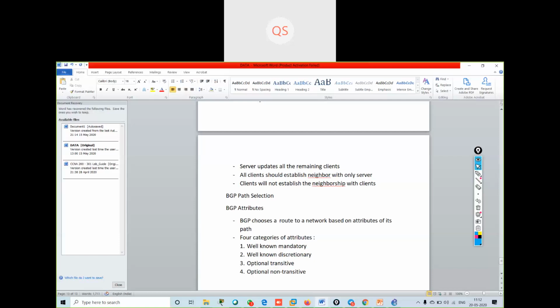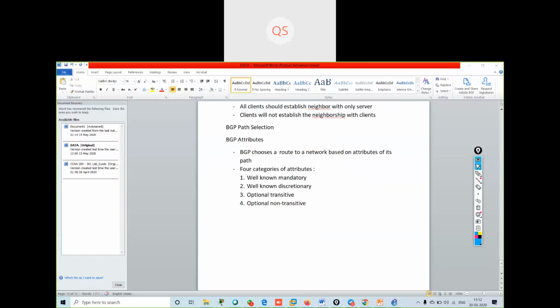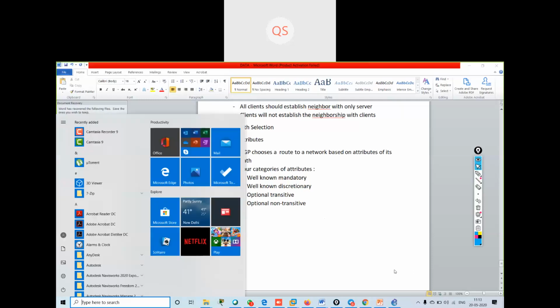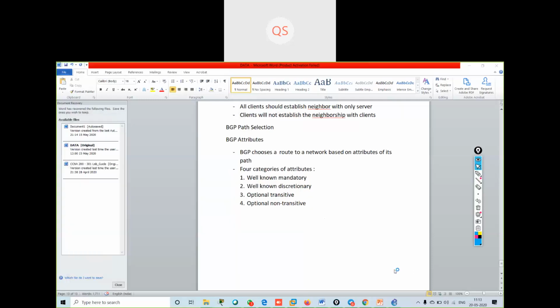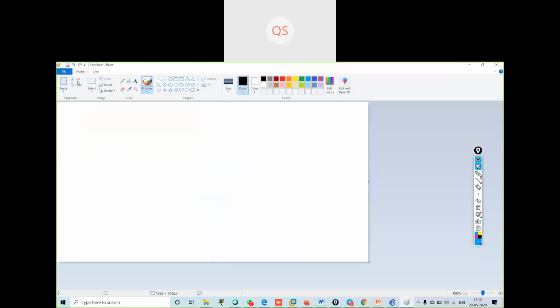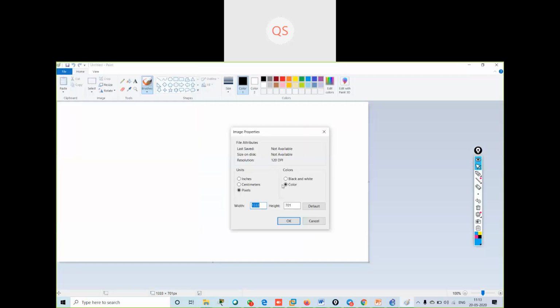These are the four categories that we can have in BGP attribute categories. If I make a tree for BGP attributes, I can make a long tree.